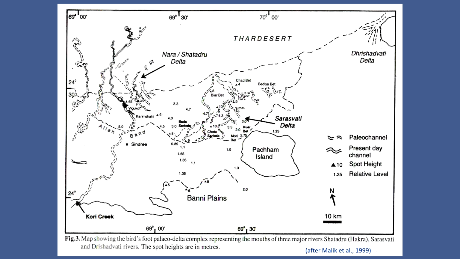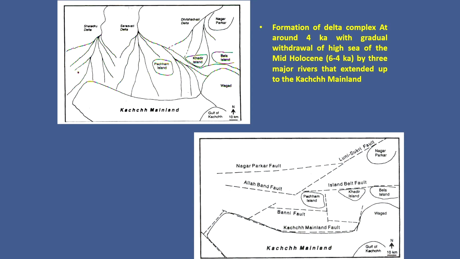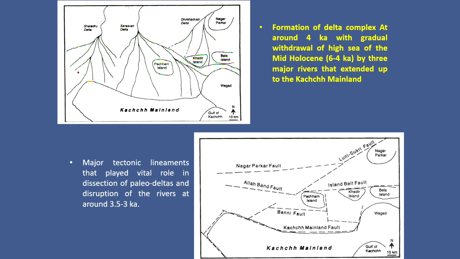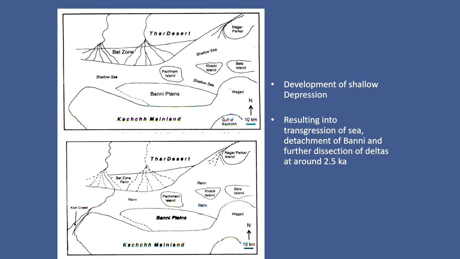Okay, because there was no connectivity and no transportation, they were navigators. They used to navigate through these shallow channels and all that. So this is the story which talks about how the events in the past were probably responsible for shaping this region. The activity was probably greater in terms of the number of earthquakes during 3.5 to 3 Ka, and then finally what we see is this configuration of that region,